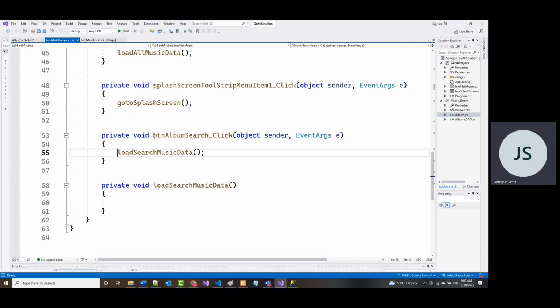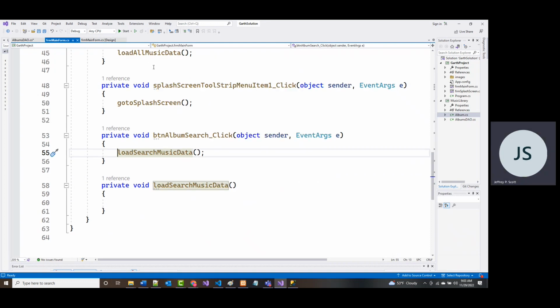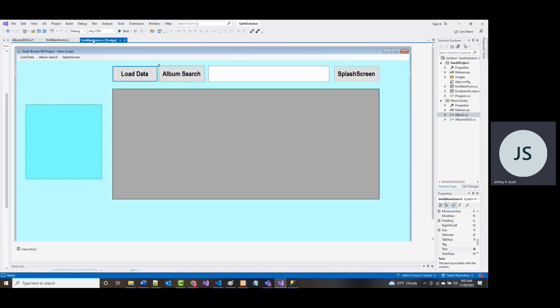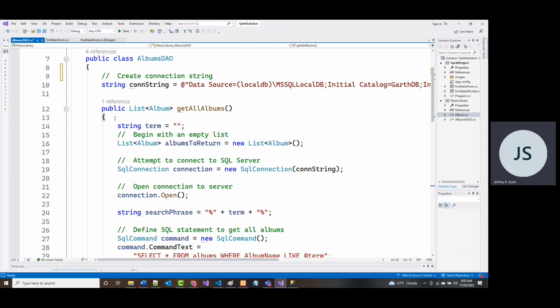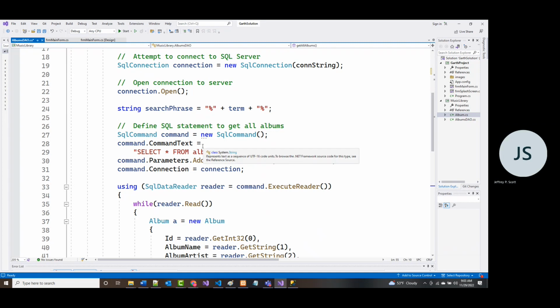Right now for this album search, we're not really doing anything. We got this thing in here that's empty. See that it says load search music data, where the other one was load all music data. But we want to have something happen when we click this. Basically, it'll be very similar in nature to what we have done in here. The command will change, but most of the stuff will be the same. We do want to write two different routines because we're not doing the exact same thing. It's getting one versus getting many, for lack of better words.